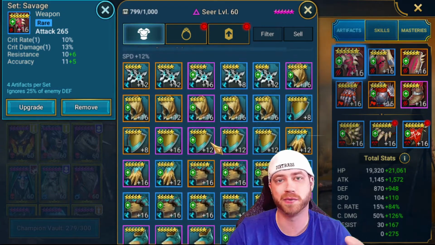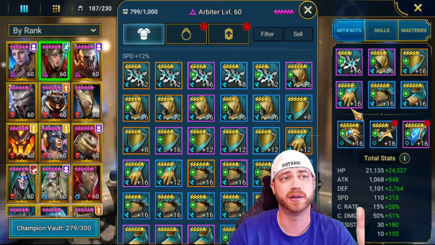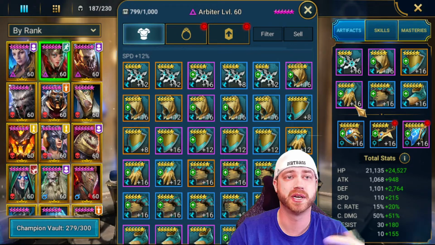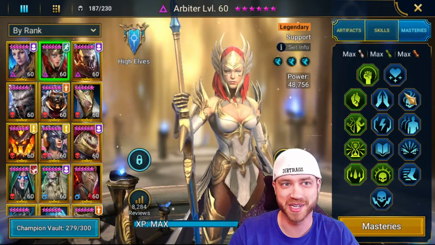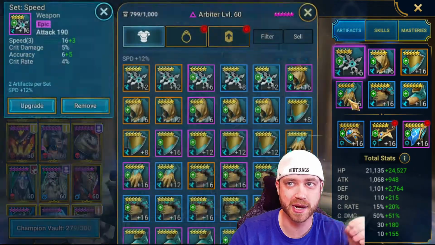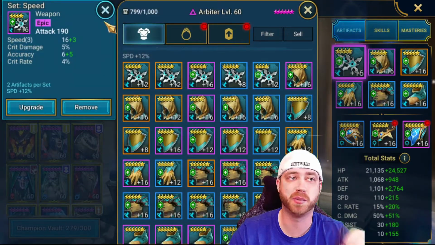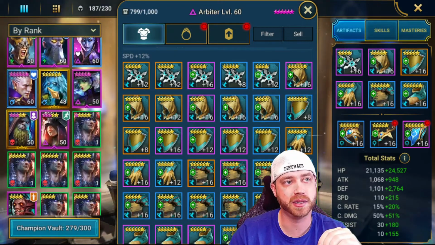One of the best sets you can put for a support type champion. Great example, Arbiter. Arbiter wants to go first. She's great in PvE, she's great in PvP. Her masteries, again, are support type masteries, but you want her to go as fast as possible. So speed set, definitely one of the top 3 sets you're going to be saving for your support type champions. Other type champions like you might have in the beginning would be like a...